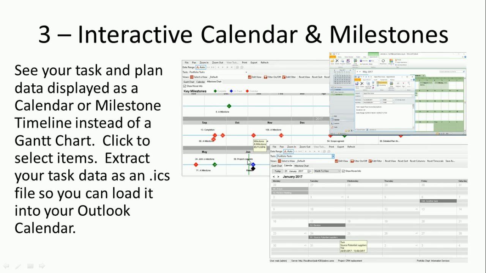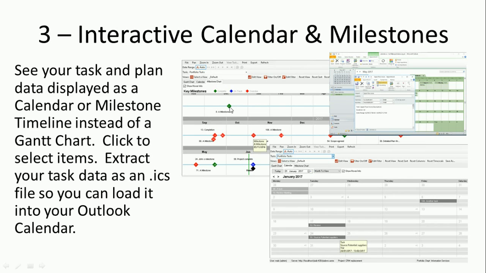So here I might have a program, and I'm seeing the milestones across the various projects. I might have run a filter to say only give me milestones at level 1 in the plan, for example, so high level milestones. But whatever my current selected set of data is, it ignores all the tasks and just keeps the milestones. It then shows them against the timeline, and it color codes them for if they're 100% complete